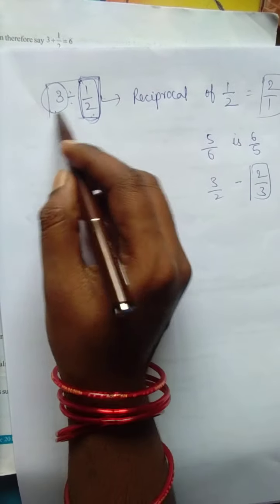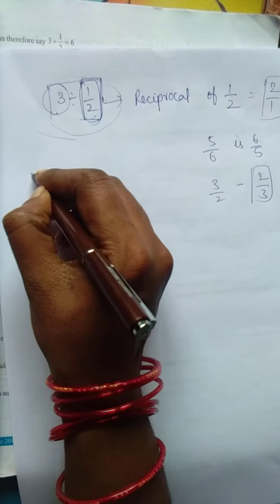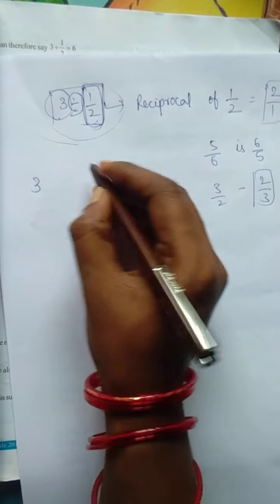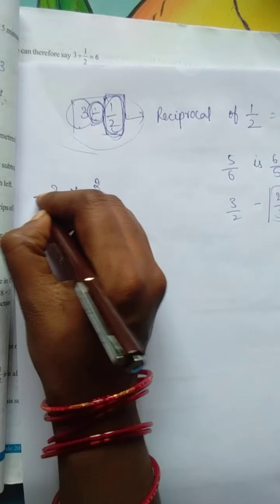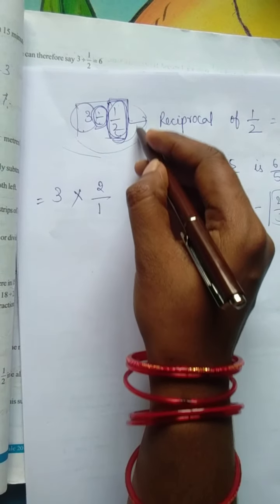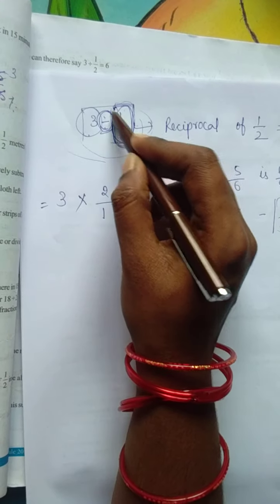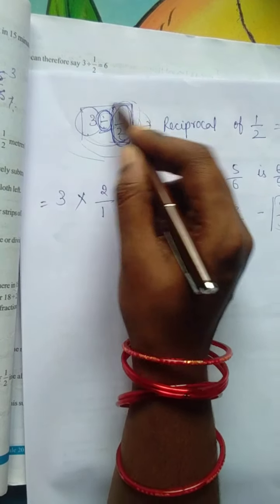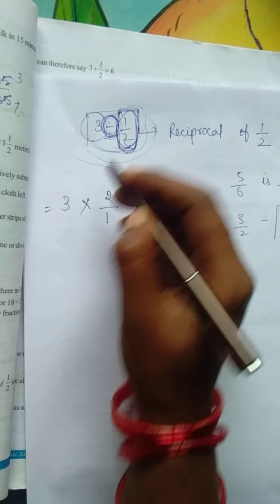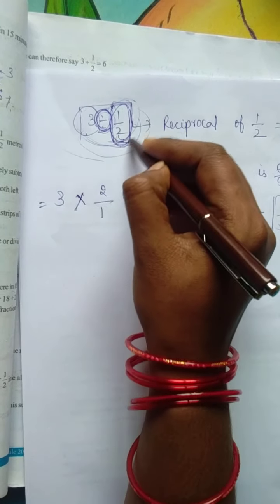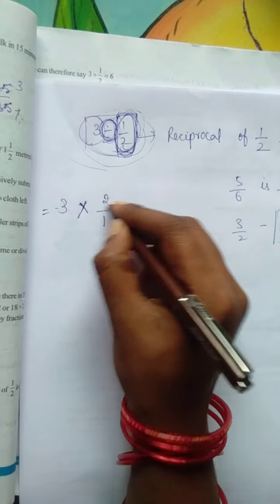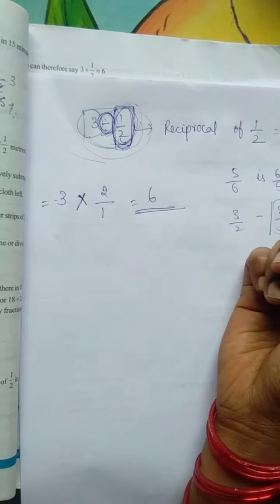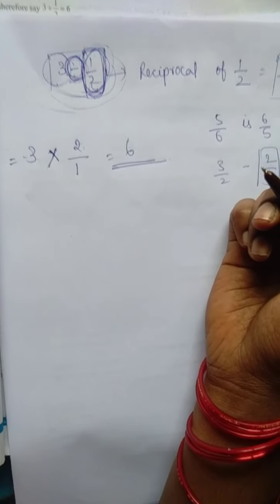Okay, suppose you want to divide these two. Instead of this division, first write the reciprocal of 1 by 2, that is 2 by 1. Instead of this division, multiplication comes. Okay, this is the division of fractions. If you want to divide these two, in case of division you will get multiplication and you have to write the reciprocal of 1 by 2. Clear? Now 3 2s are 6, that is your answer. This is how you have to divide.